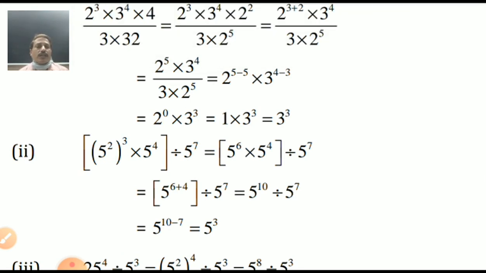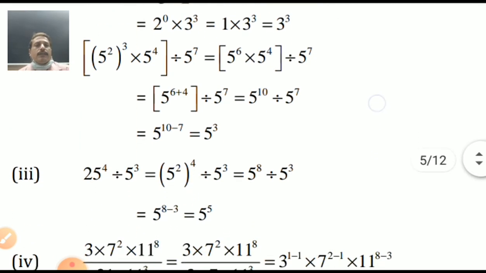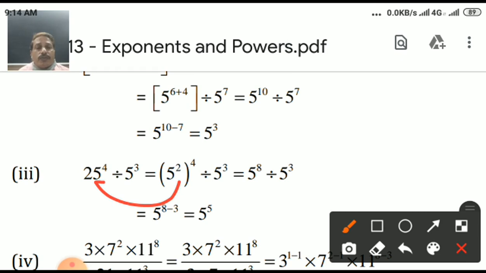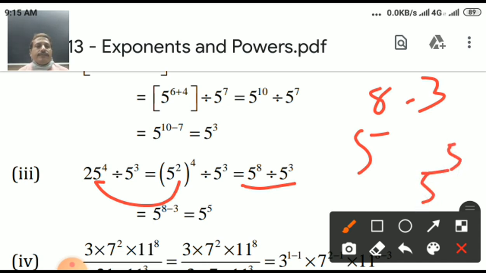5 is there, no need to convert anyone. But here 2 times multiplied, 6 plus, both multiply 4, 10 minus 7, easy. 25 and 5. But student, here 25 we cannot leave, we can convert it into 5. So 5 5s are 25, easy. And raised to 4 as it is. In place of 25, I can write here 5 raised to 2. Yes, very good. And 4 is already present there. Now exponent 2 into 4, yes, 8. 5 raised to 8 divided by 5 raised to 3. So here 5 raised to 8 minus 3. 8 minus 3 gives me 5. So 5 raised to 5 is the answer.